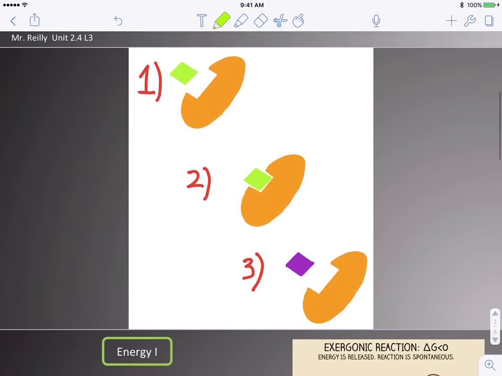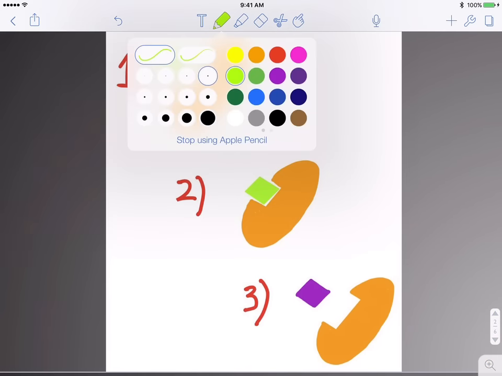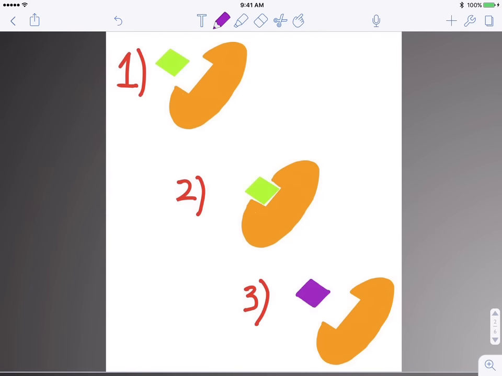So the first thing I want us to look at is basically what we've learned so far, okay? And what we can see here is this is our enzyme, right? Our big orange enzyme is right there. And right above it is the substrate, right there in green, right? And what goes on in a chemical reaction is that you have a substrate that binds to the enzyme. And if you guys remember, the substrate